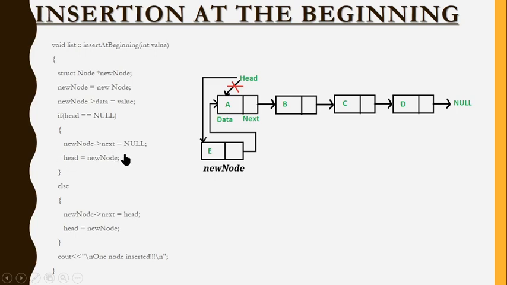Remember this part, it's quite important. Don't ever say that new node equal to head. We always assign from right to left. So right is which is already existed one and left side something new one. Okay, so head equal to new node. That means if this is the only node.